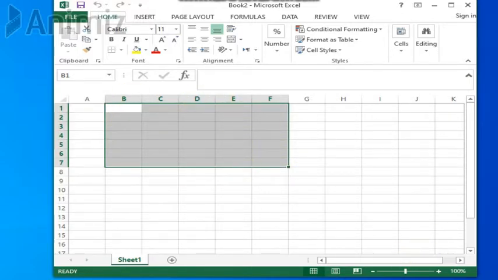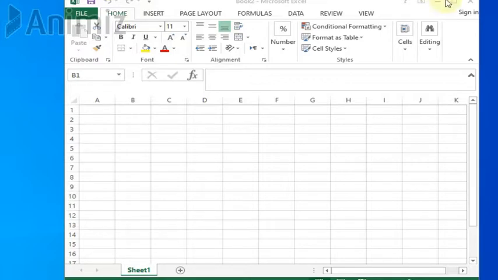As you can see in the upper corner of the Excel window, there are so many different names written over here. These are called tabs: file, home, insert, page layout, formulas, data, review, view. They are used for different purposes.